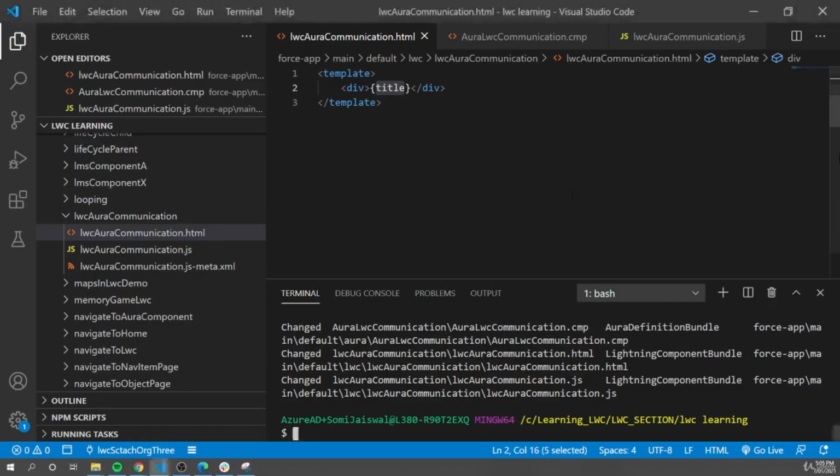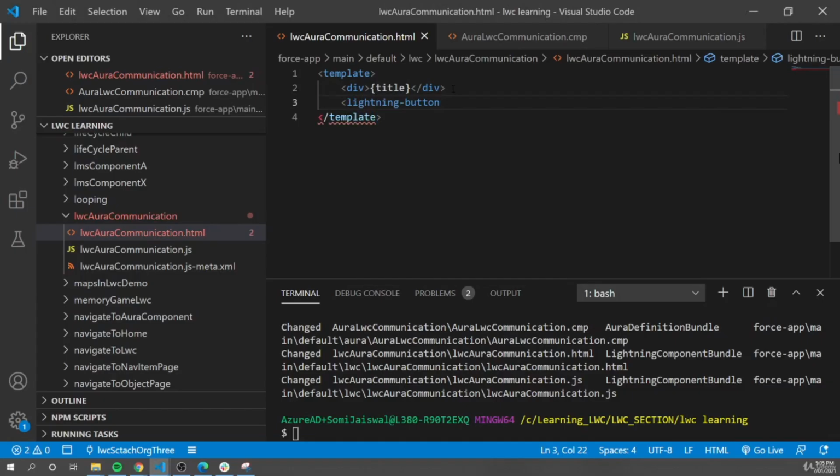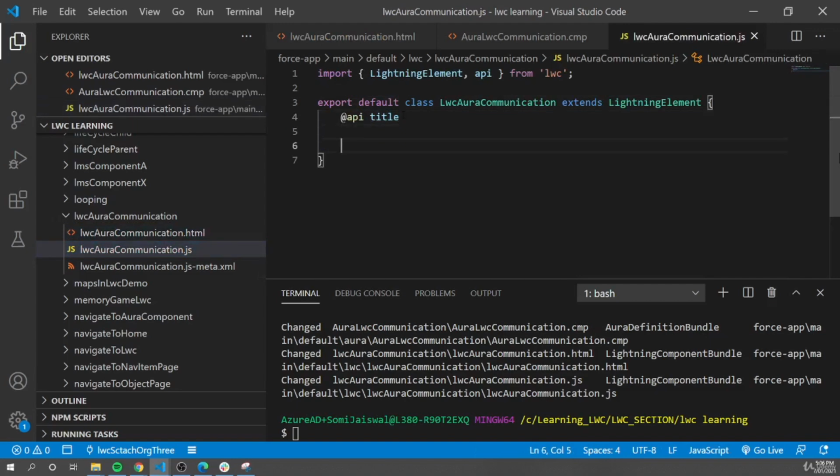Let's go back to our component, and we need an event. So we'll create a button in our Lightning web component. I'll say variant brand, I'll say label send message, and I'll say onclick callAura, and we'll close the button. So now our button is ready, and we're going to create this handler in our JS file. I'll create this,